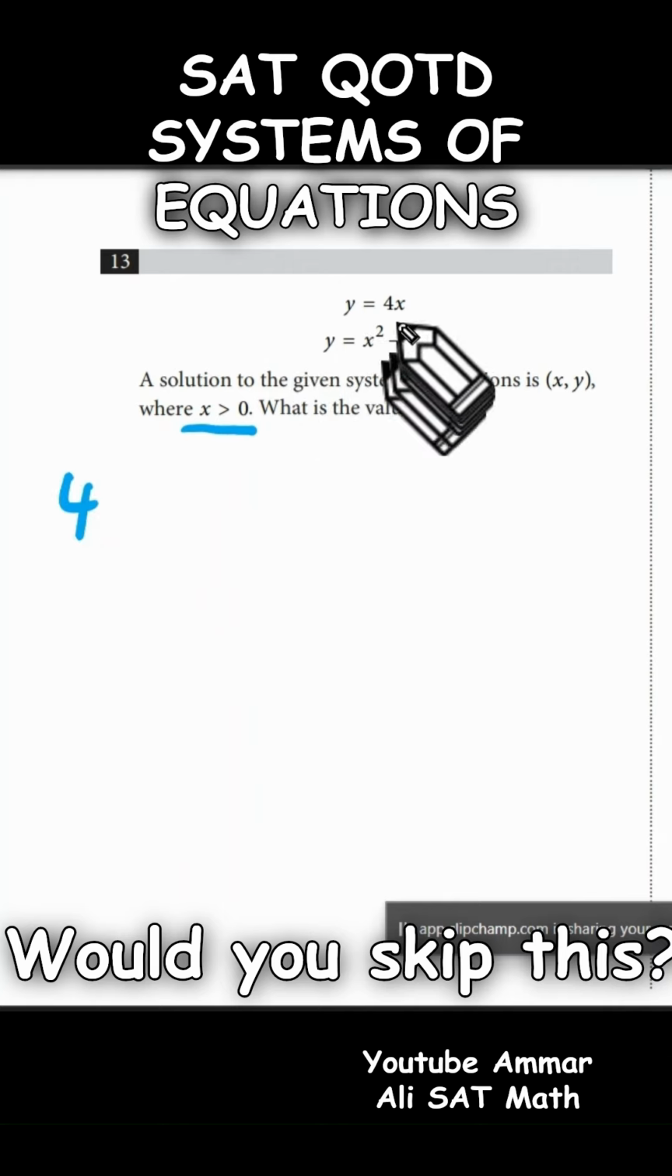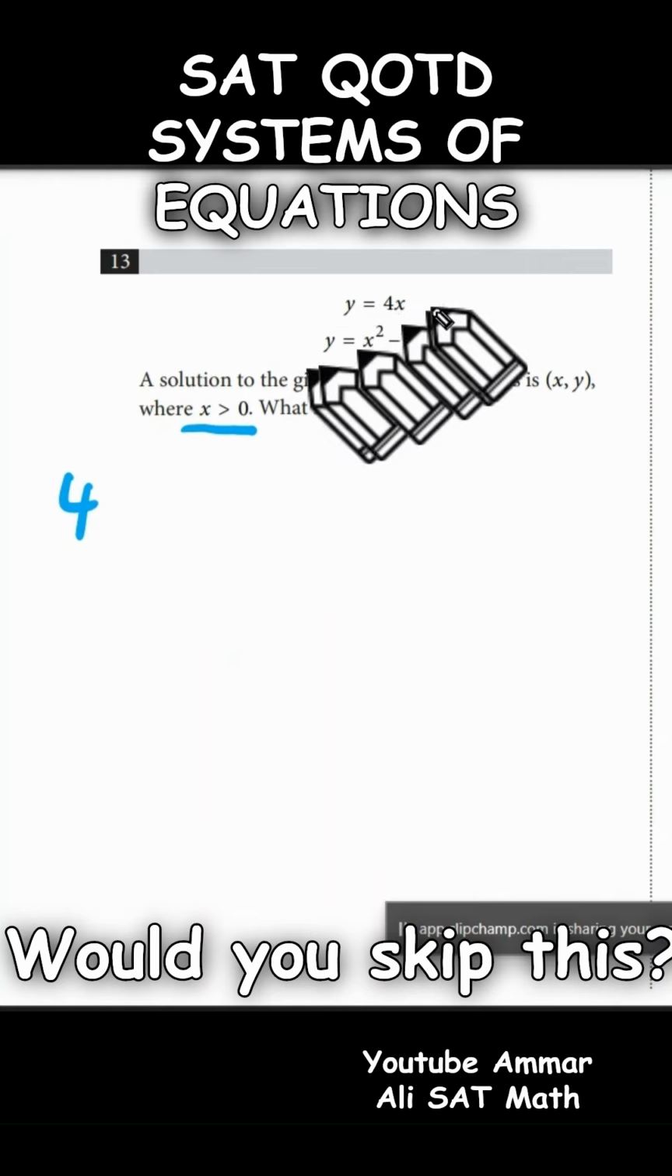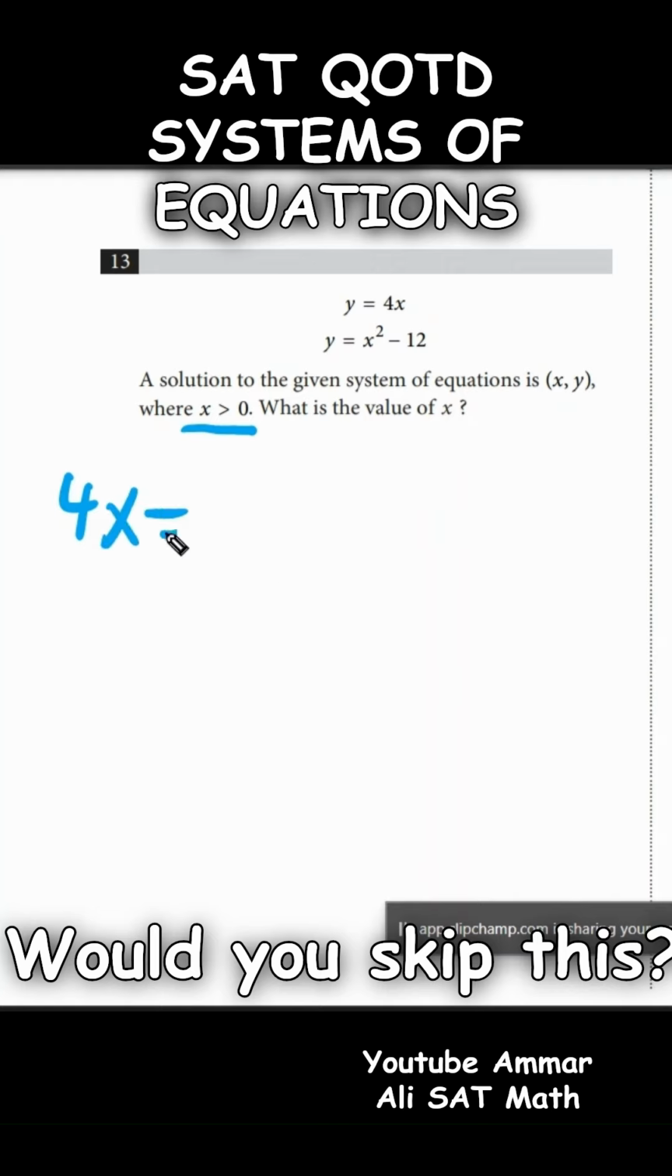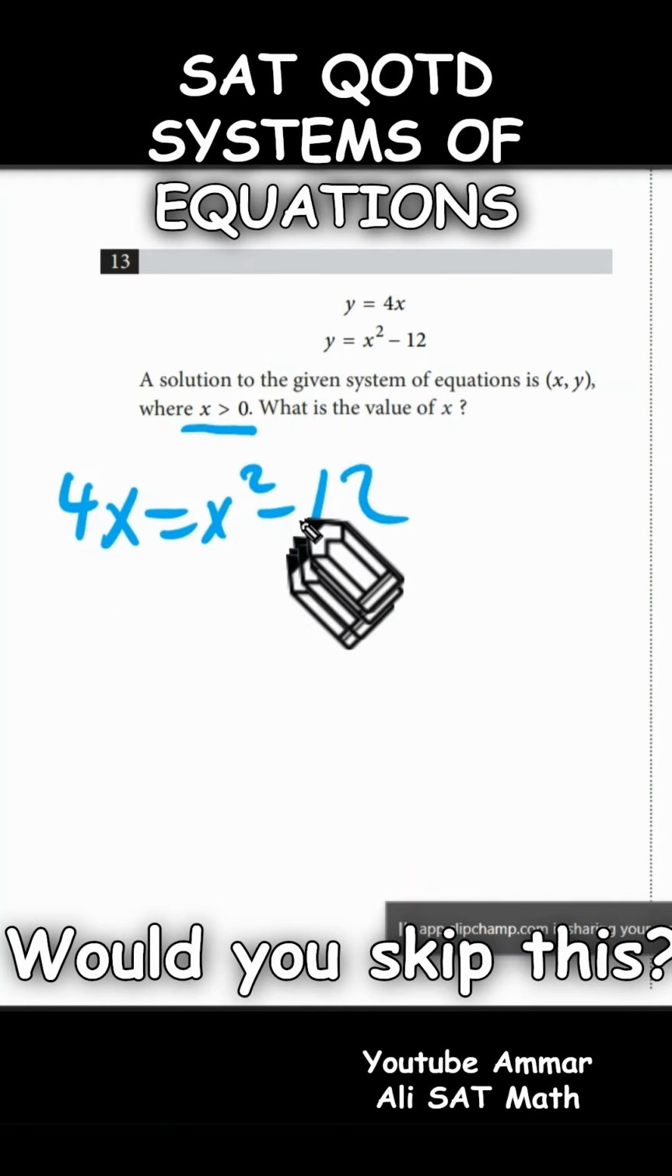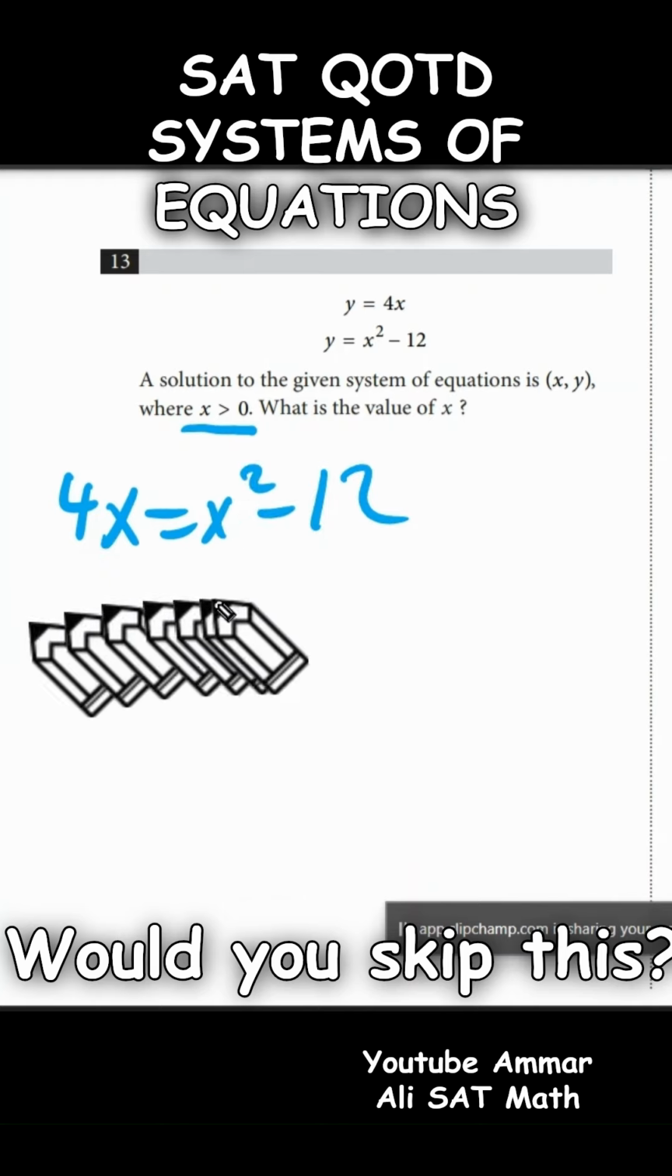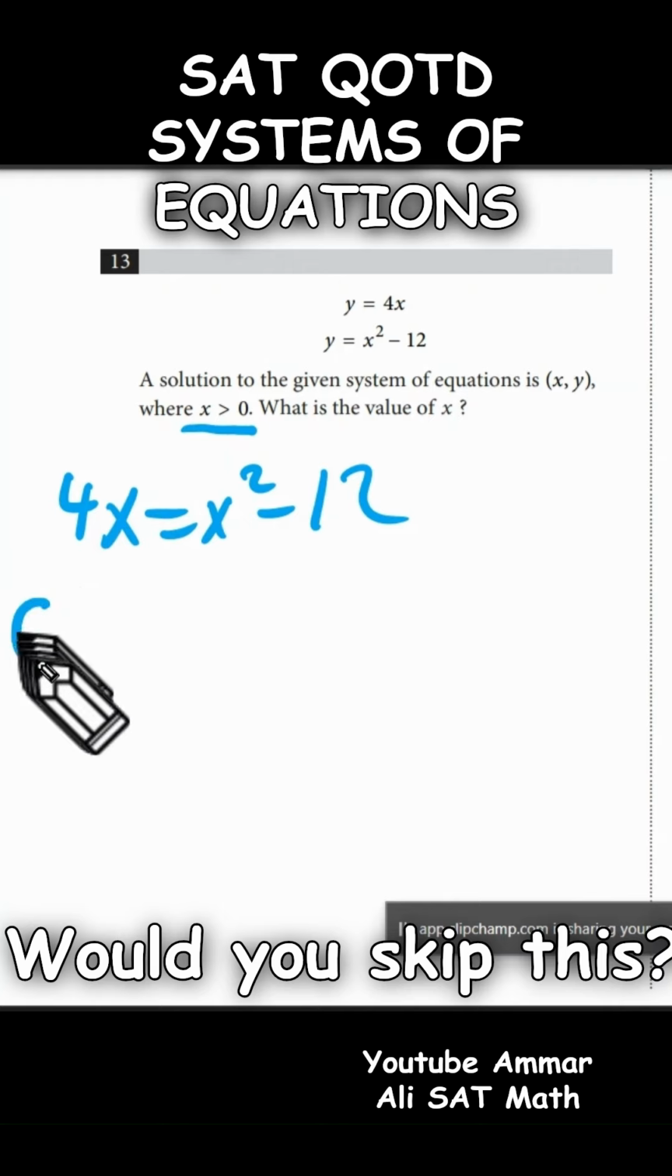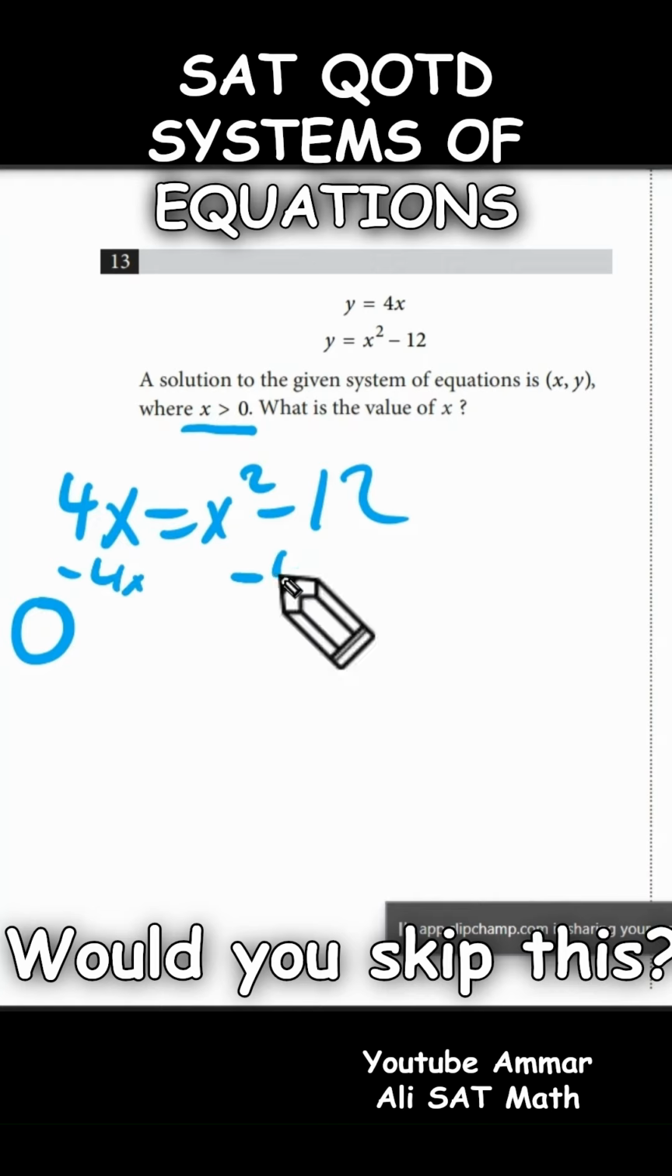I'm just going to solve this by setting... they give us two values of y. So that means we can set these two equations equal to each other like so. So 4x is equal to x squared minus 12. Anytime you have a squared term, you want to bring all the x's over to one side and set the entire thing equal to 0. So I'm going to do that. Just put a 0 right here and then minus 4x on both sides. Okay, so then we are getting 0 is equal to x squared minus 4x minus 12,